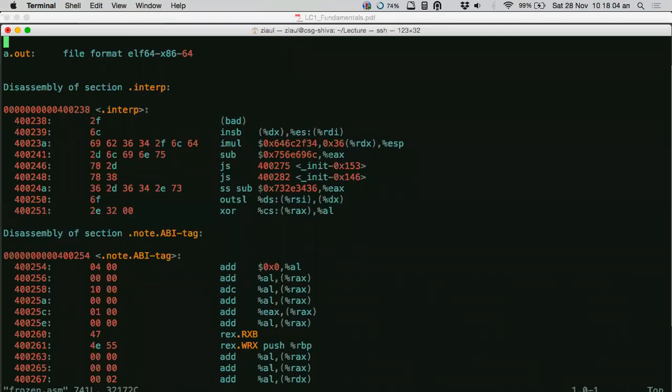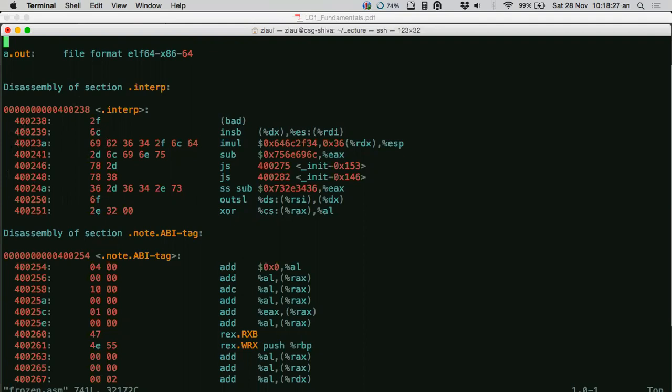These numbers are what goes into your CPU, and this is what the CPU sees your program as. These numbers, 2F, 6C, 69, 2D, 78, and the numbers on the left are the locations where they are located, the addresses of these numbers in memory.